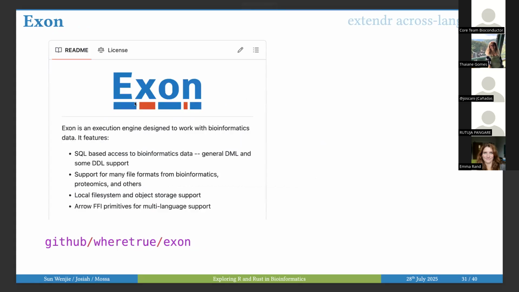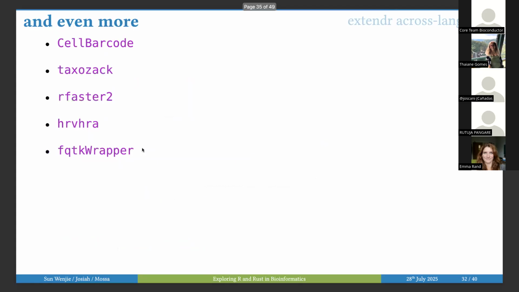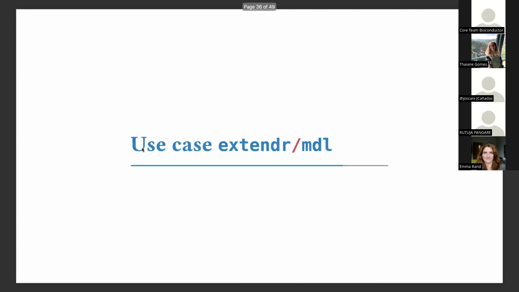Another one that I've seen called Exon, which is a database for bioinformatics, has a core written in Rust with library binding support in R and Python as well. And there are even more libraries that are already using extendr today for bioinformatics, which I found to be exceptionally cool.